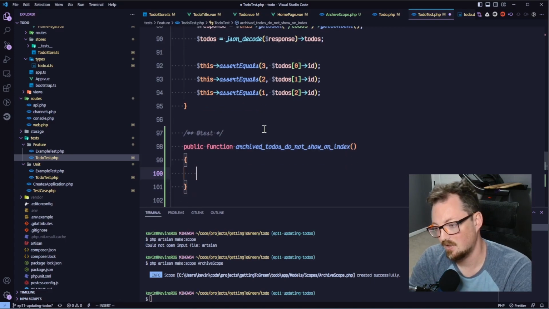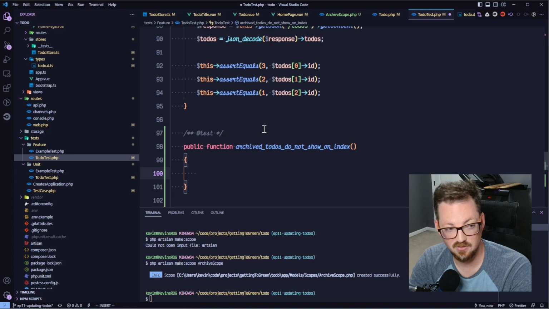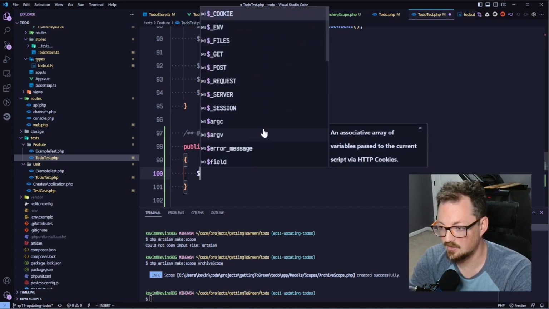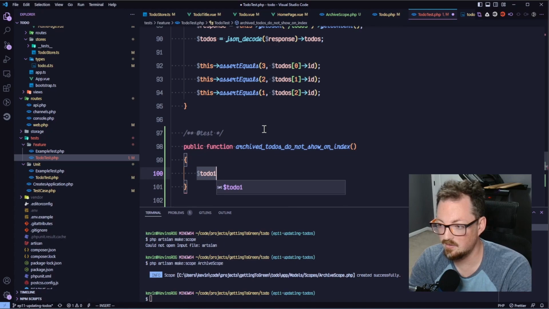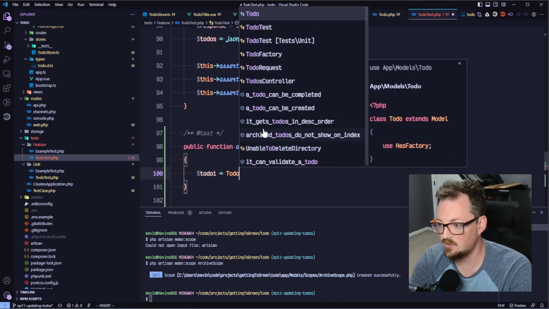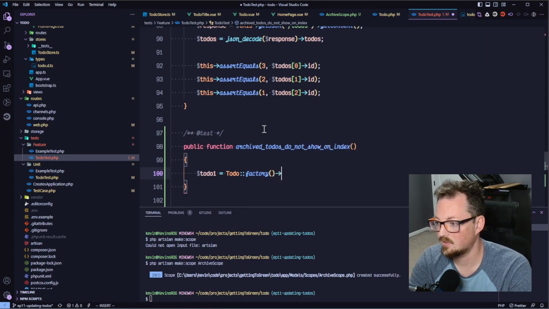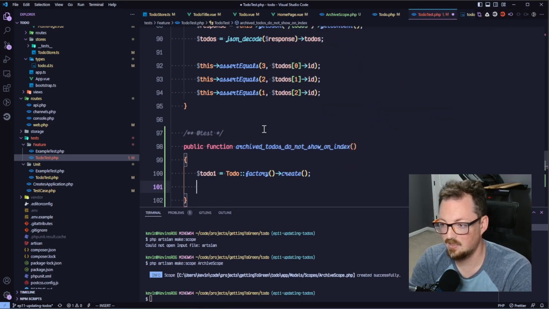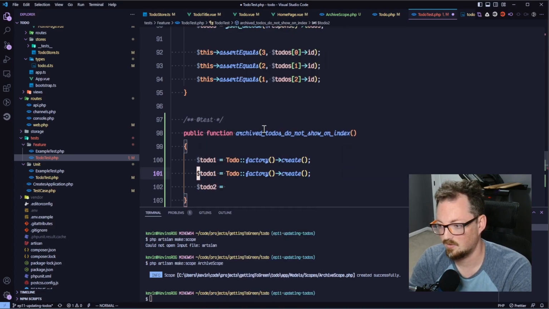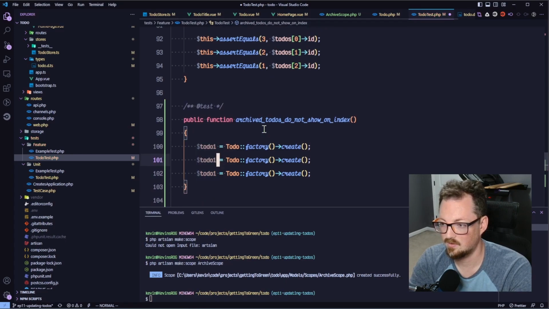So we'll create a couple of to-dos. To-do 1 equals to-do factory create, and to-do 2, actually, do create. This one will be archived at, oh, this,